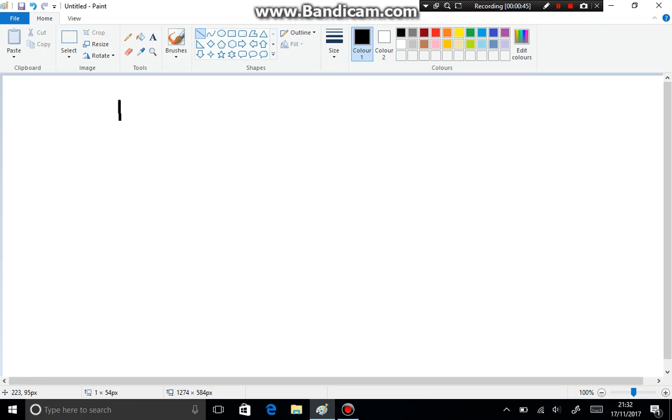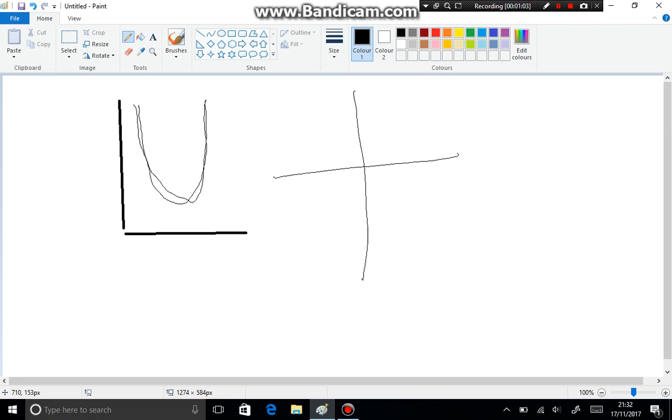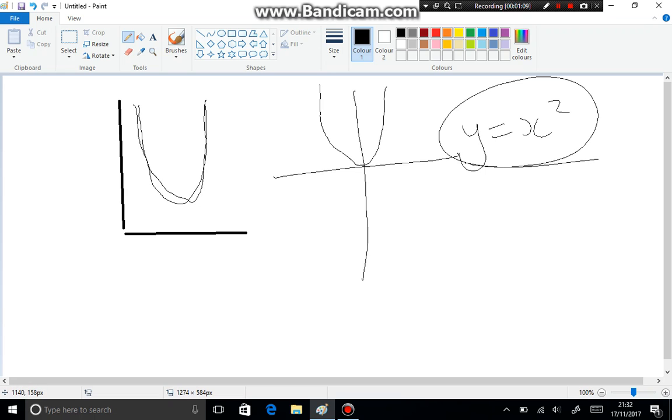So if I just draw a graph now, just draw a line. It's not the best, obviously. If I can just get this pencil. Okay, so imagine we have a curve like this. So this is terrible. Sorry, let me draw a better one here. Let's just imagine we have a curve like this, and it's called y is equal to x squared. So let's say we want to find the gradient of a tangent to a point on the curve like this